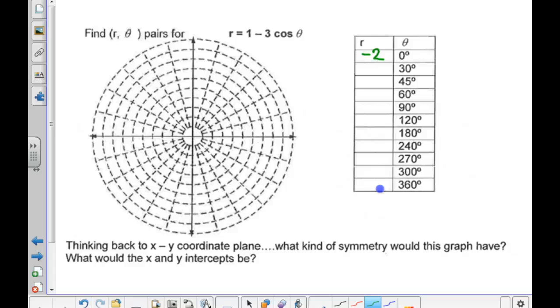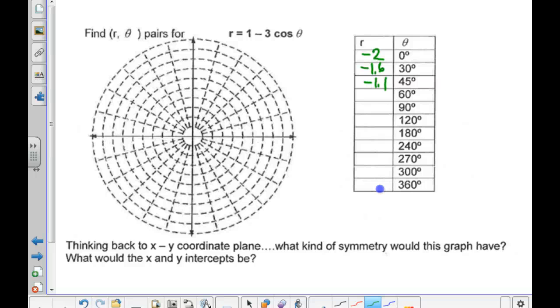Okay. 1 minus 3 times the cosine of 30. One point what? 6. Okay. 1 minus 3 cosine of 45. Did you do 1 minus 3 cosine of 30? I have 1 minus 3 times cosine of 30, I got 0.5. Are you in degrees? I am. Sure. Oh, you read it. I got... Next one's negative